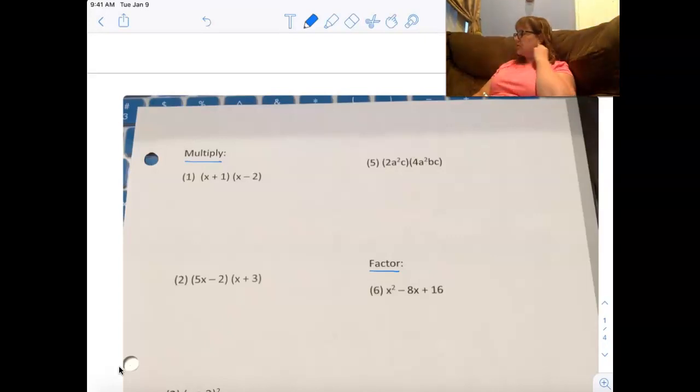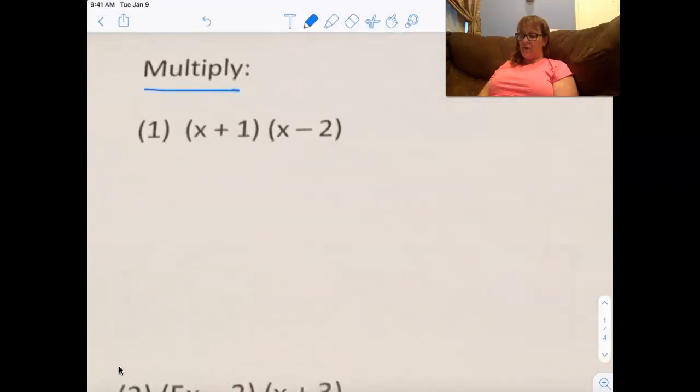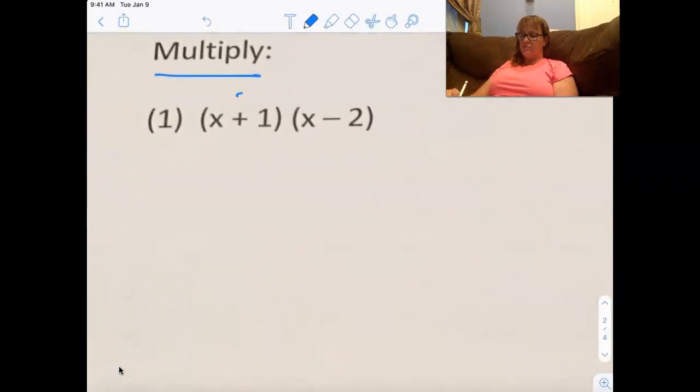Okay, so let's look at this first one. So you see here that on Monday I would have taught you that this is a binomial. So there's two terms in it, and another binomial. So it needs a square that's 2 by 2, right? And I would have taught you to draw your square, or not would have, I did teach you on Monday to draw your square,